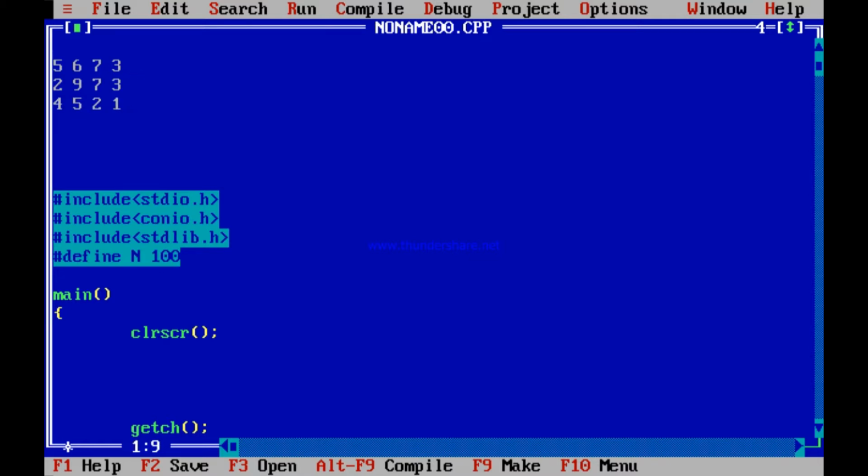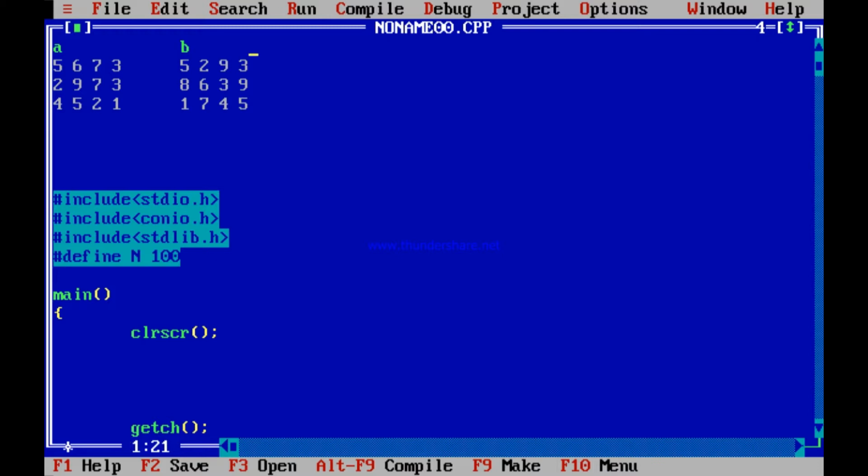This is one matrix A, and then let there be another matrix B, where it is maybe say 5, 2, 9, 3, followed by 8, 6, 3, 9, followed by 1, 7, 4, 5.